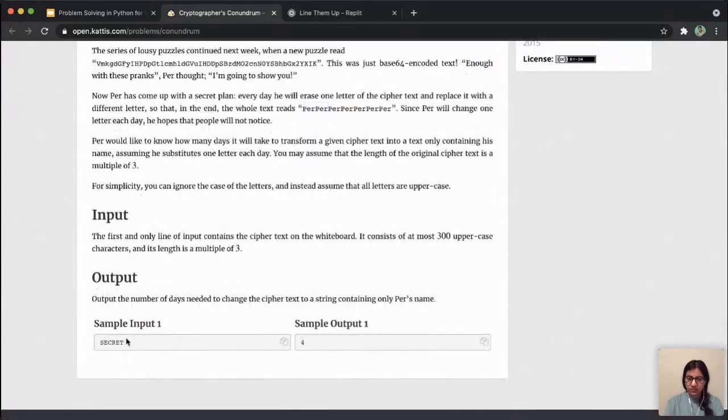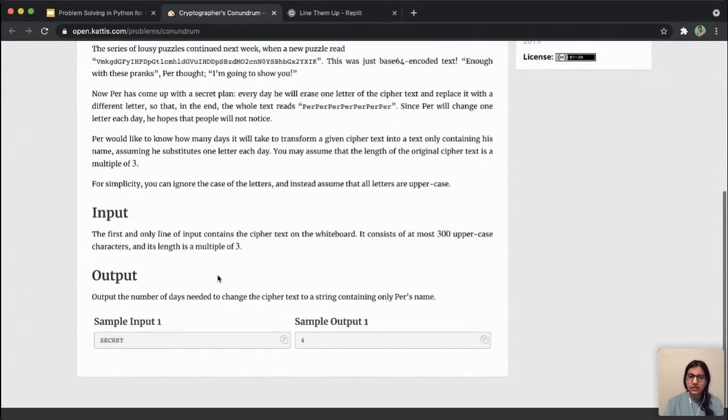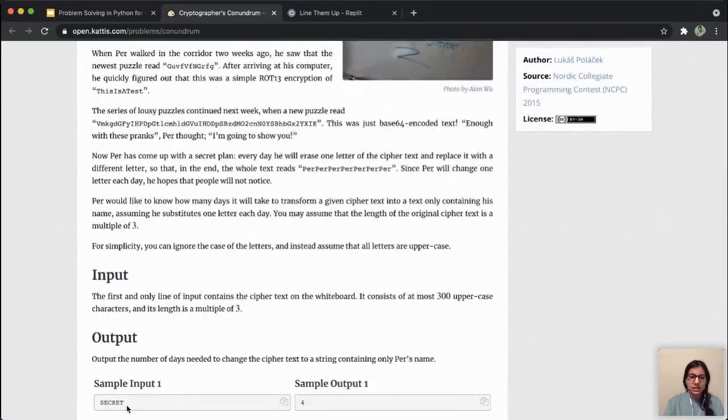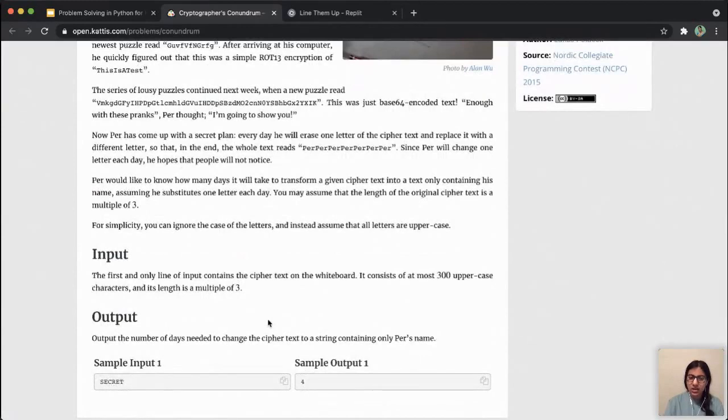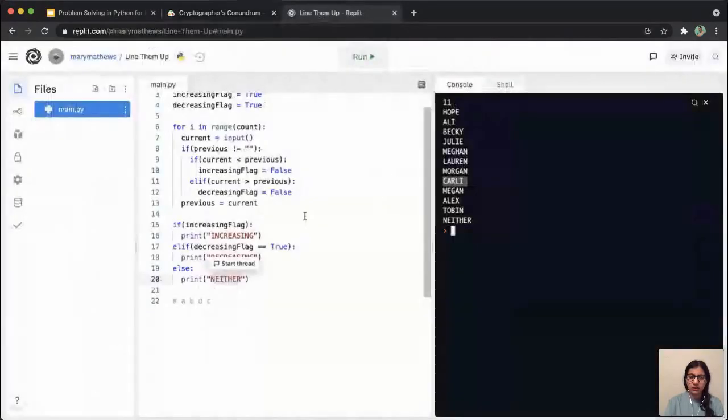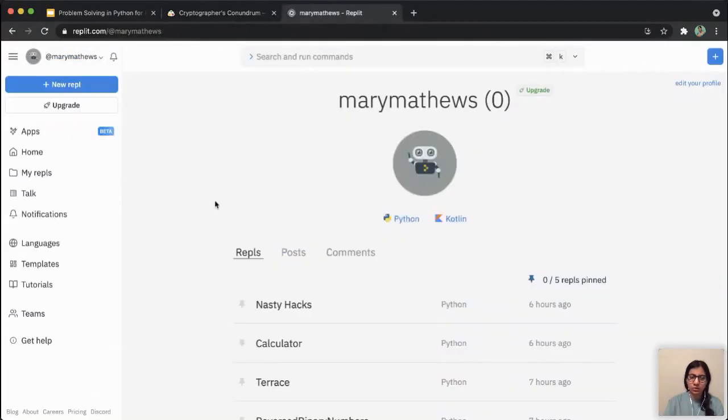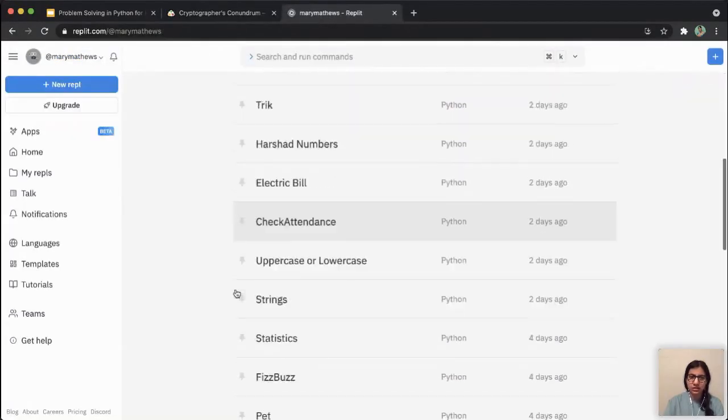And your input string is always going to be of a length which is a multiple of 3, okay? So it can be 3, 6, 9, and so on. And they want you to not replace it, just see how many characters you need to change to replace it with PER. So let me just type that out for you in an example so you can understand.